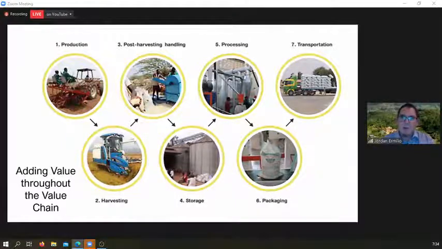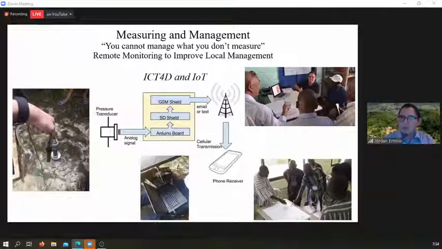One thing that I'd like to share is my personal opinion about how to add value throughout that supply chain. And this is where, if you can agree that management is the key to ensuring sustainable development, then I would pose that measuring is the key to effective management, in that you cannot manage what you don't measure. And unless you can measure the production process and the different steps in the overall agricultural process, you'll have a very difficult time managing each step of that process.